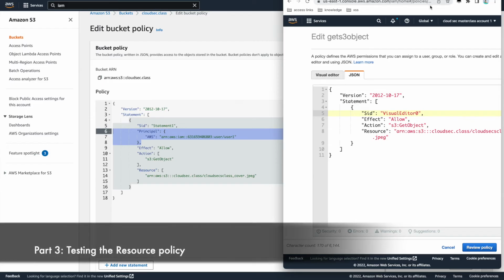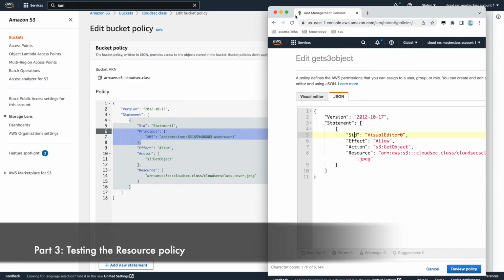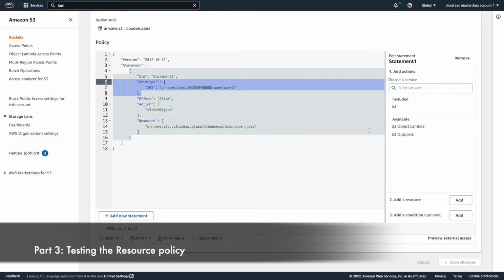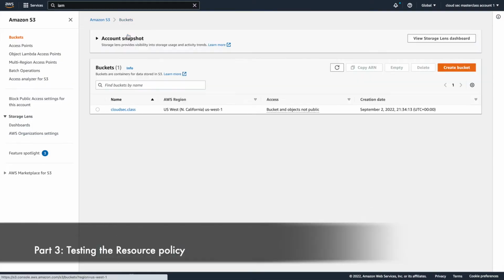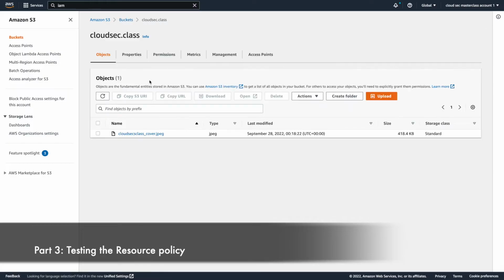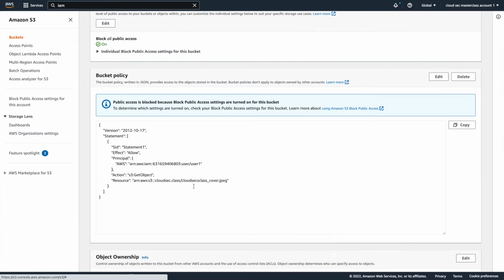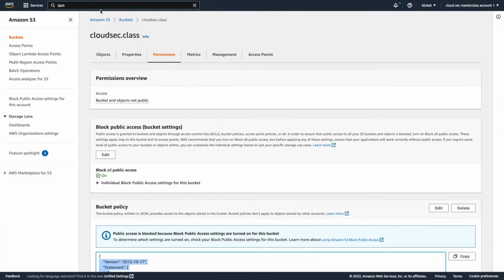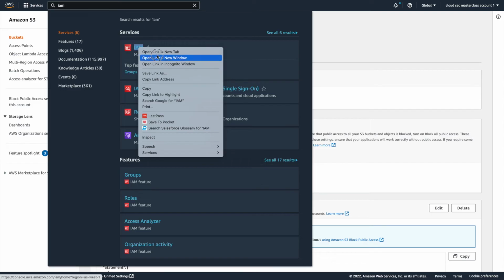So let us now see if our resource policy actually works. I'm going to click on Save Changes here, and you're going to come back to the bucket. If I click on the bucket again and go to the permissions, we see that the policy is attached to it. And let's go back to the IAM menu,